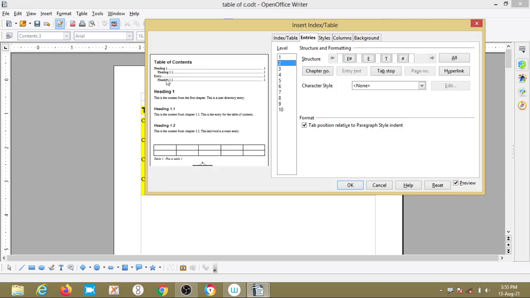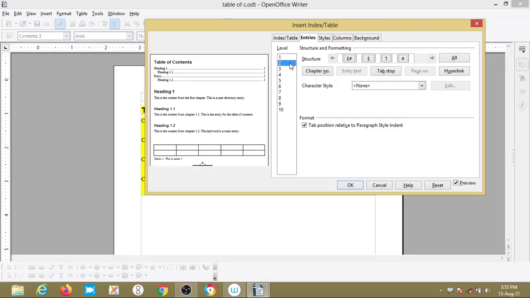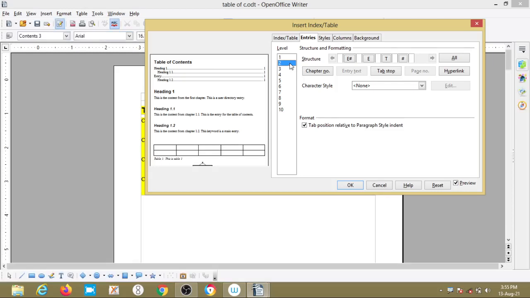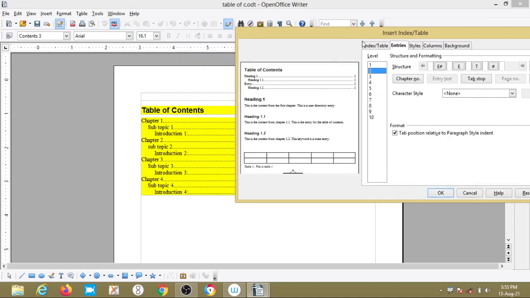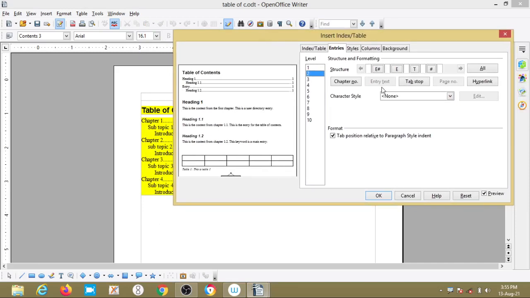My level 2 is subtopic, level 1 is chapter name, and level 3 is the introduction part, which has content. So I am creating a link between subtopic and content, from the subtopic directly to the content.